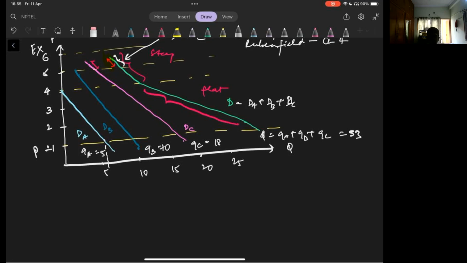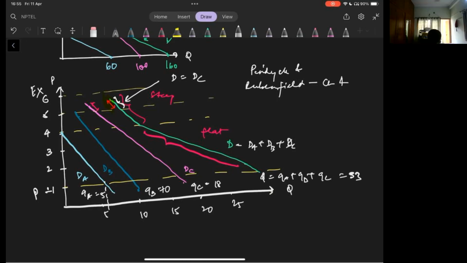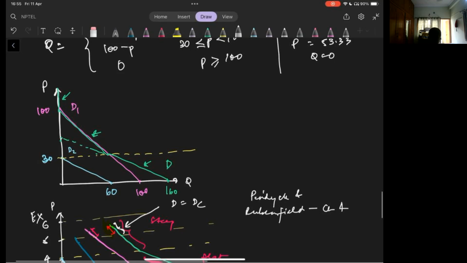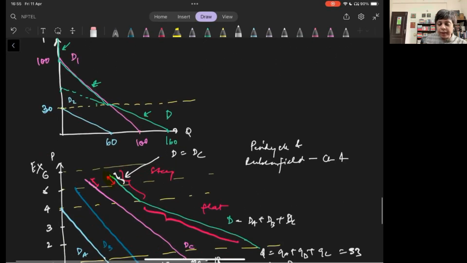But if we look at the example that we have taken just now, the previous one where we had Q1, Q2, and Q, over here the demand curve need not always be the sum of individual curves, madam. No, it is the horizontal sum of individual curves. Sum means you add Q1 plus Q2. We are talking about horizontal sum. Horizontal sum means if this value is 0, you just add 0 here.